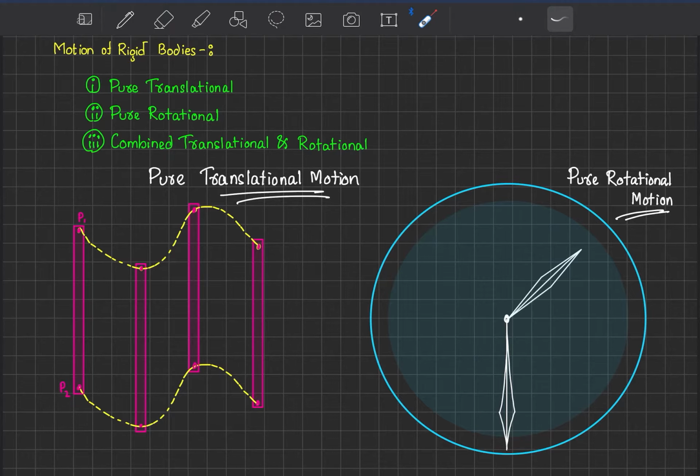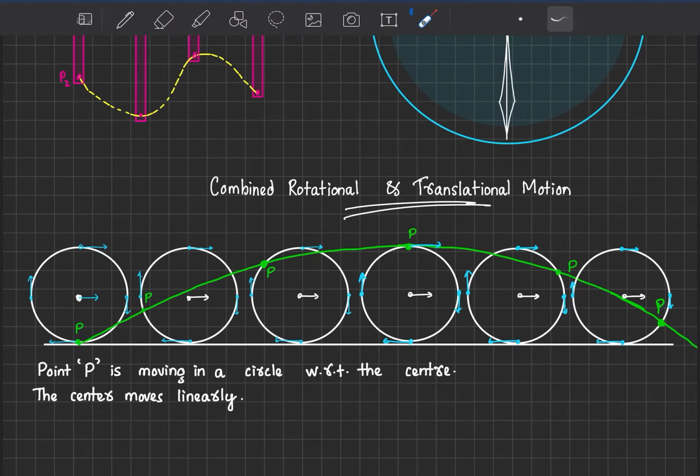So first of all, now we have two motions, one is translational, other is rotational, then there is combined translational and rotational. What is the combined motion then? See, let us say we have a wheel of a cycle. So when we paddle the cycle, let us say this is our cycle right here, in rough I have drawn a diagram like this, and if we paddle this cycle, the wheel rotates about its own axis, right, and it also moves. So if we consider the center of the wheel, then the center moves in a straight line path like this. Now all other points, they do not only rotate, because if they only rotate they should stay here. Now we know this point will continue to move to this point also.